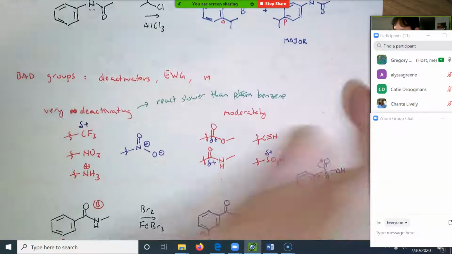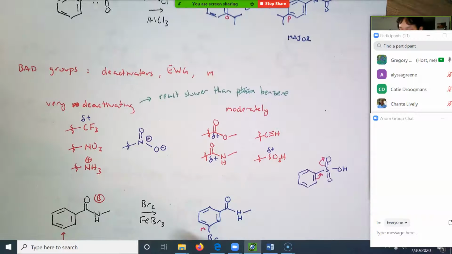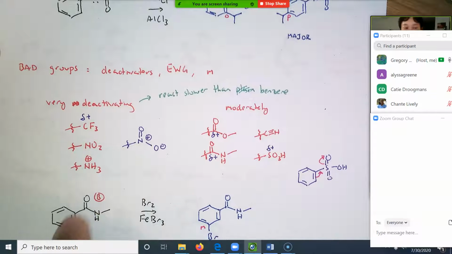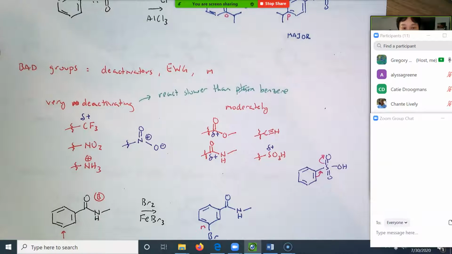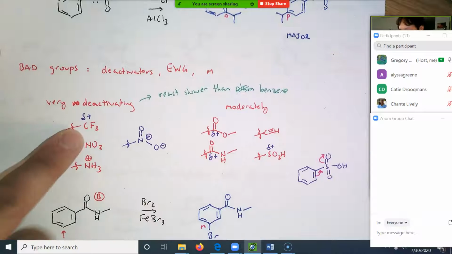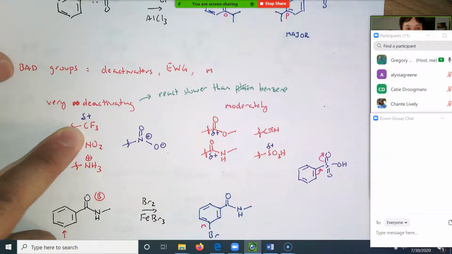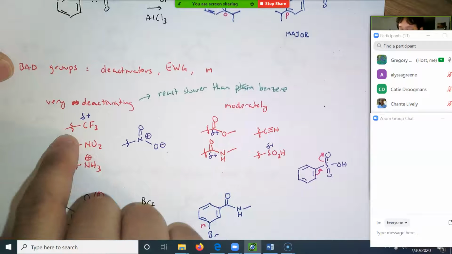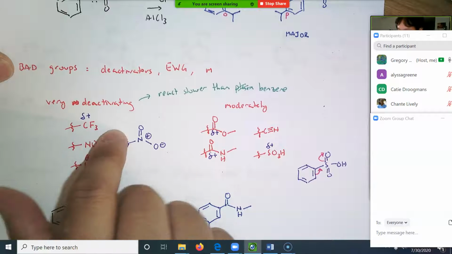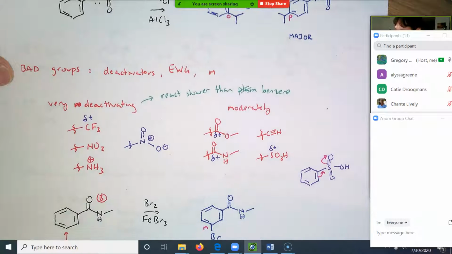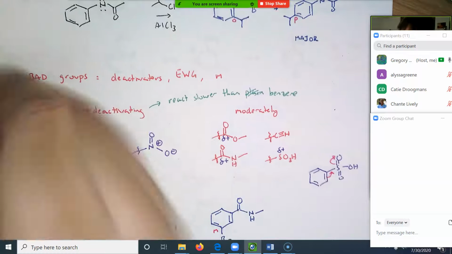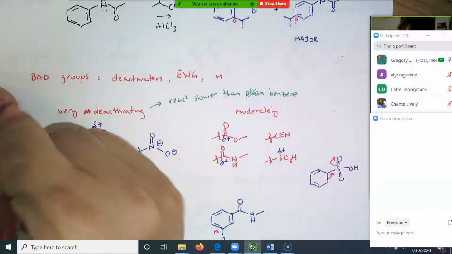But these are the other bad groups. With these other bad groups, you can draw resonance that shows electron withdrawing capability. For this one, you can't draw resonance, but you could draw a dipole arrow going away from the ring. So I'll just say it. So if you have something like this,